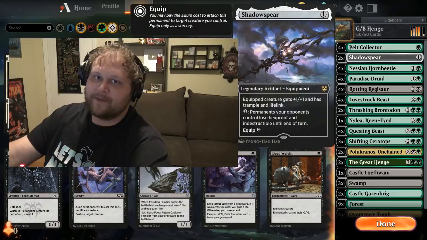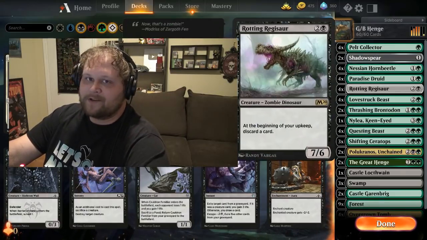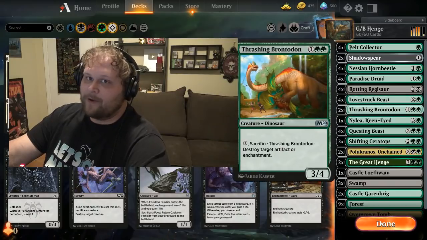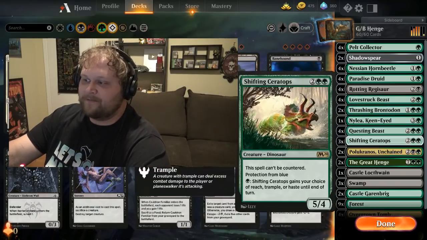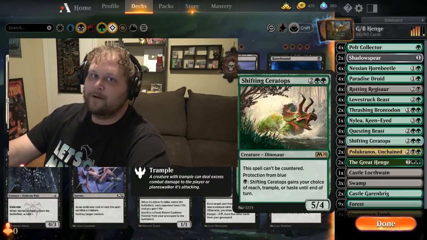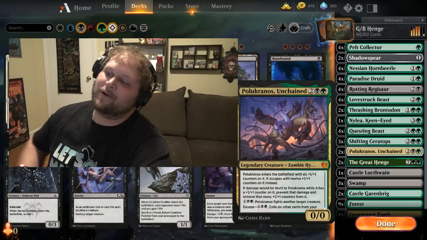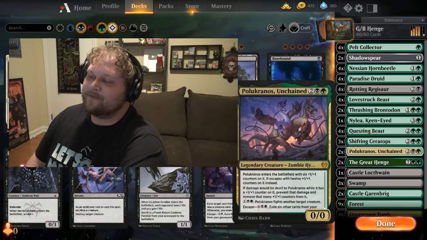This is another sort of secret weapon, this time against mono-red decks, because if we put a Shadow Spear on a Rotting Regisaur, a Lovestruck Beast, even a Thrashing Brontodon, or a Questing Beast, a Shifting Ceratops, any of these, getting a Shadow Spear can be just lights out for any aggro opponent. We've also got Polukranos in there, which wears a Shadow Spear pretty well,